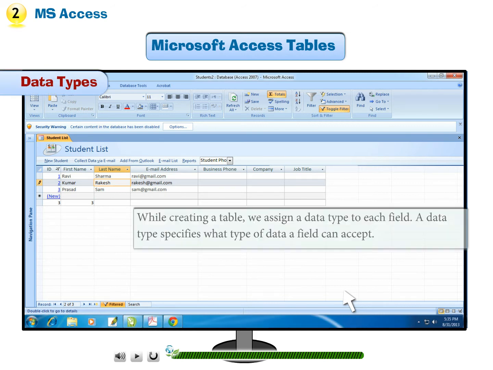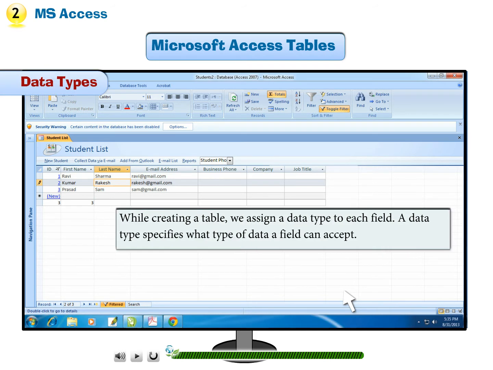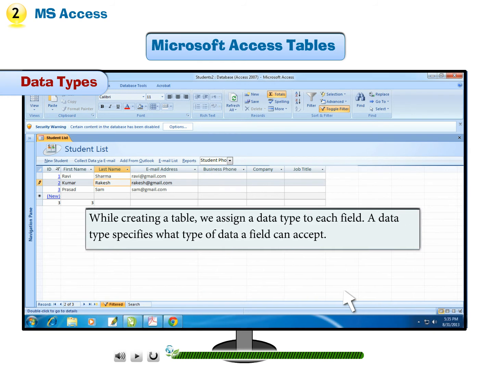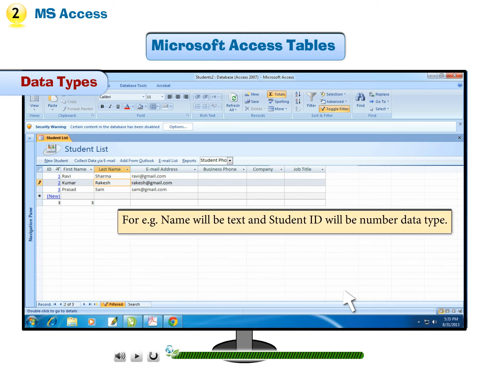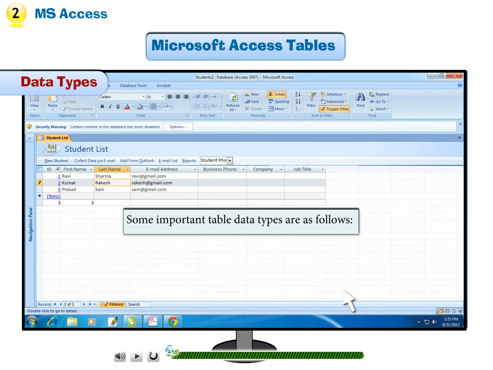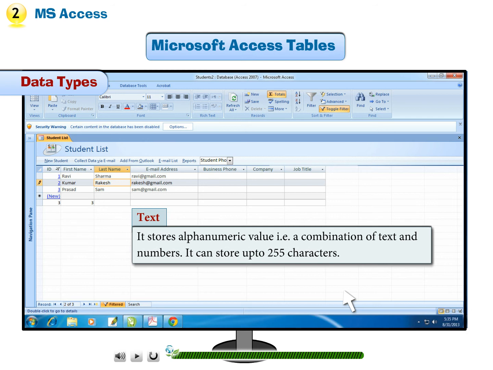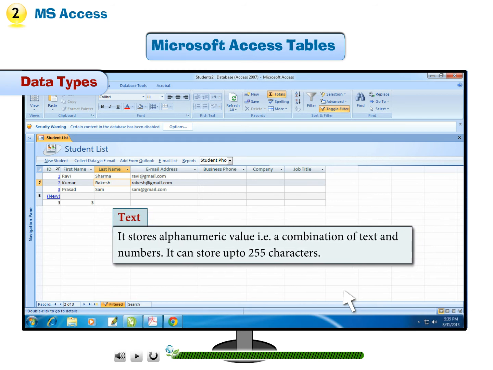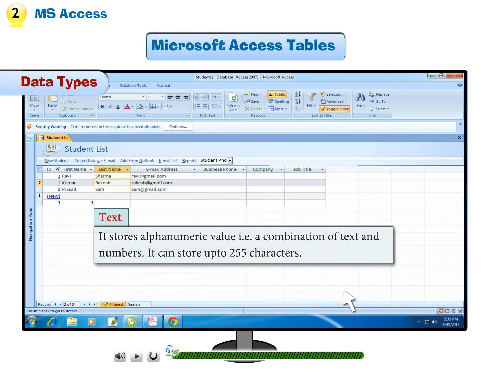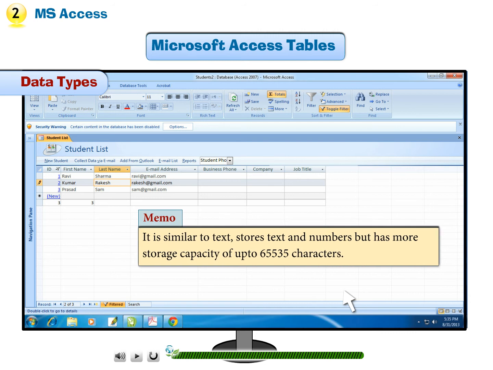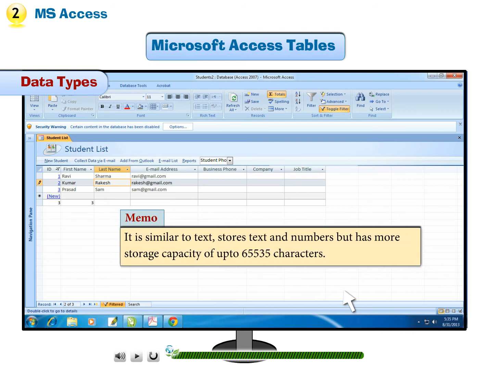Data types. While creating a table, we assign a data type to each field. A data type specifies what type of data a field can accept. For example, name will be text and student ID will be number data type. Some important table data types are as follows. Text. It stores alphanumeric values, that is a combination of text and numbers. It can store up to 255 characters. Memo. It is similar to text, stores text and numbers, but has more storage capacity of up to